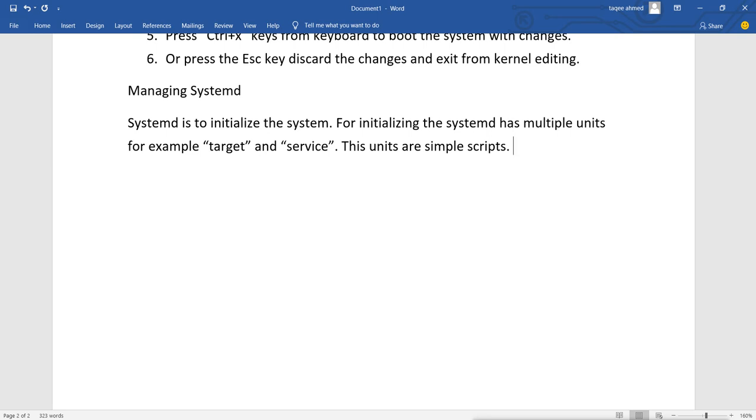So when we boot our system, what does systemd do? It executes these scripts to initialize the system. So it executes these scripts to initialize the system according to the first thing, which is what? Whether it wants to start into graphical or command line.